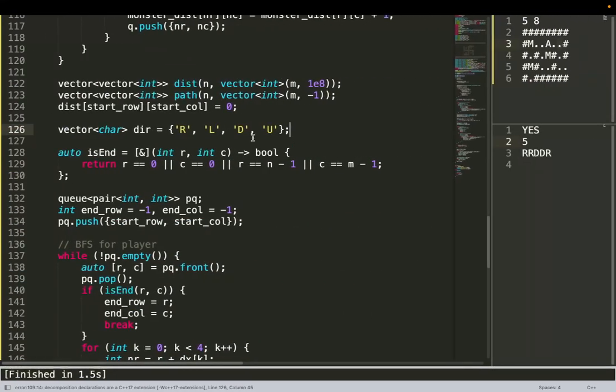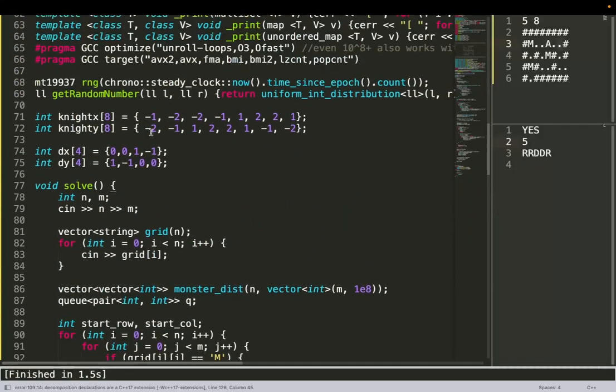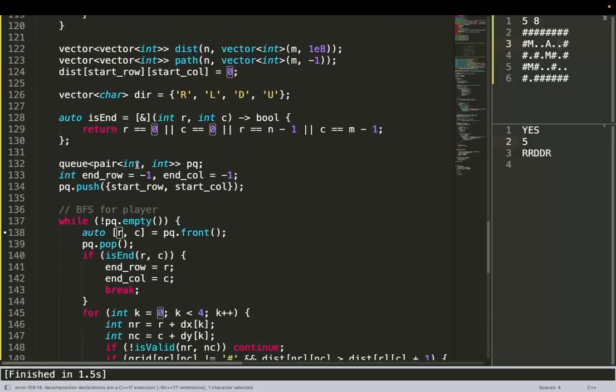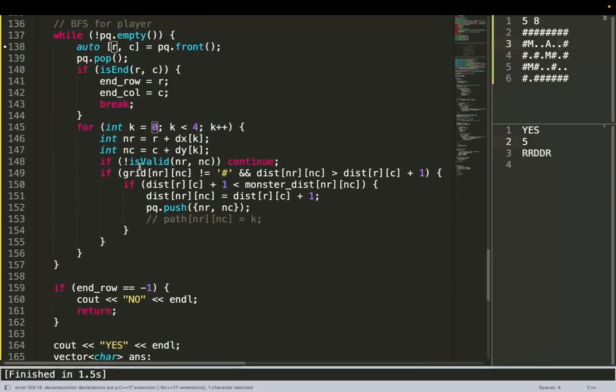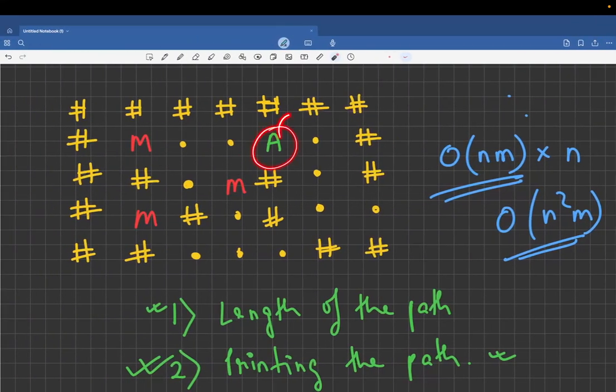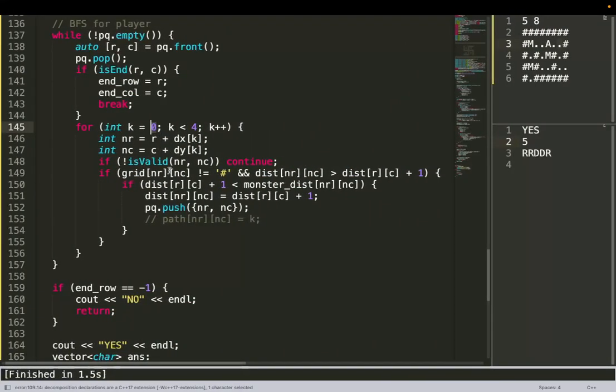So I will just simply see my direction vector. Which coordinate actually takes me right? This one, right? Where my column increases by 1 and my row change is 0. So this means that when I was writing this, my k value was 0. When I went from this particular cell to this particular cell, my k value was 0.